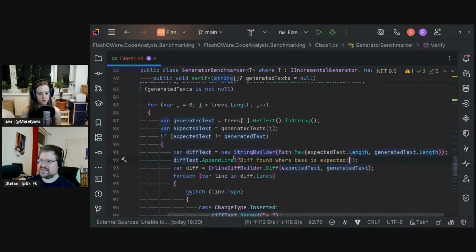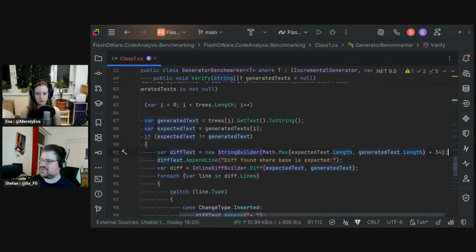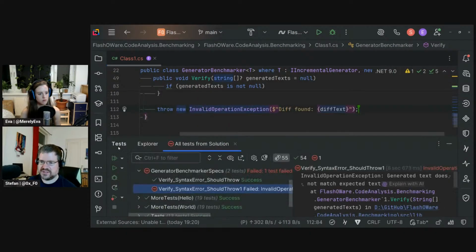And that means, how many characters is that? 1, 2. Oh, actually, I can just hover them. So those are 34 characters. So we just add to our estimation 34 more characters. So we have a good estimation to start with. Cool. And then we print it. And this should now give